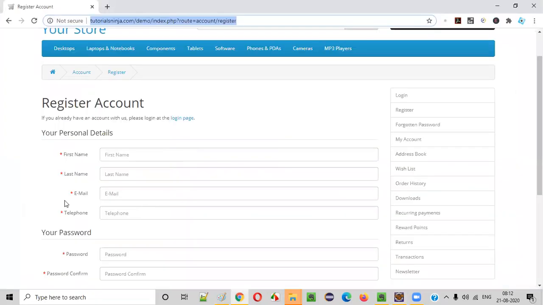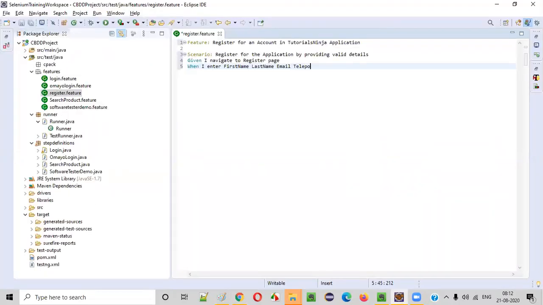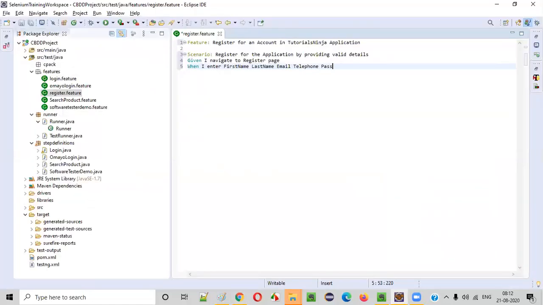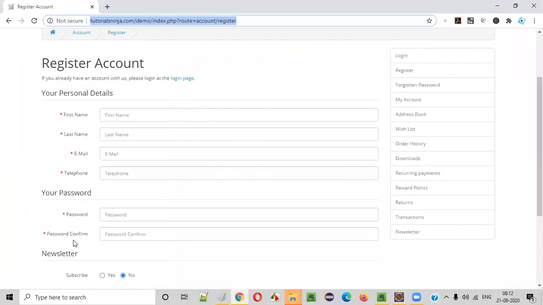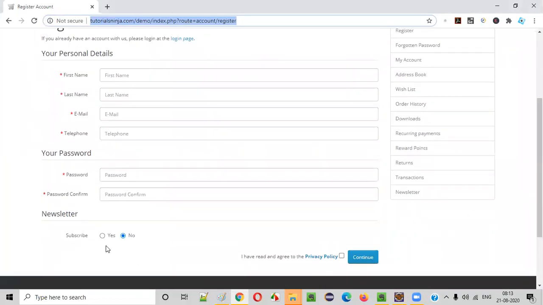Email. All the mandatory fields I am providing here: first name, last name, email, telephone, then password, and confirm password. This many fields I have to enter.